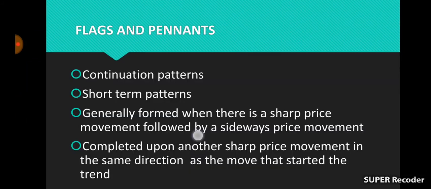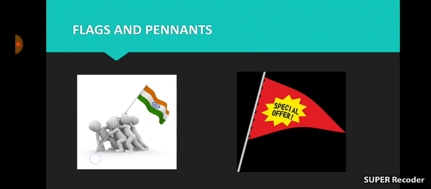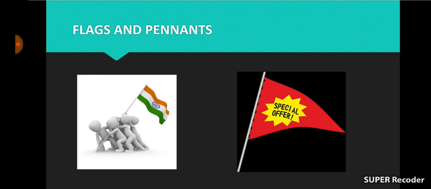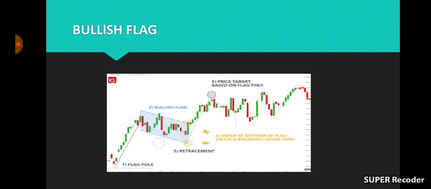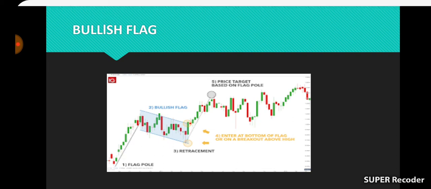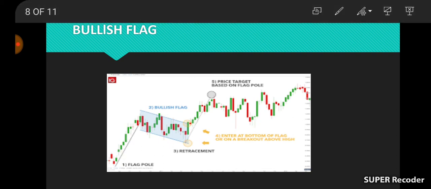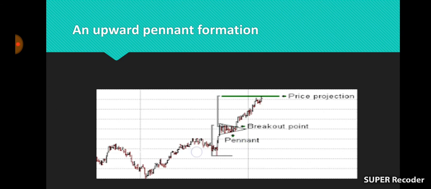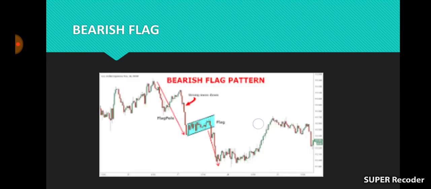And the next pattern is flags and pennants. As we all know, this is a flag, and a pennant looks like a flag, and this is a pennant. In the case of charts, here this is a flag and this is the flagpole, and it is found in an uptrend, so the uptrend will continue as it is a continuation pattern. And here this is another flag, this is a pennant, this is another pennant,